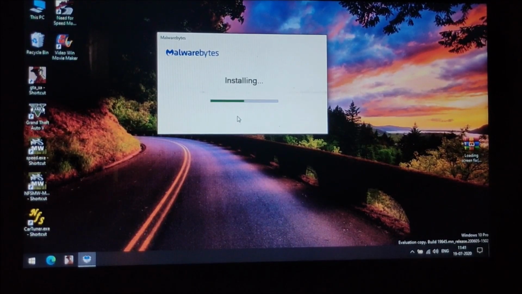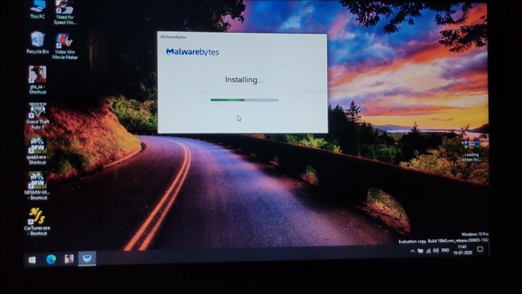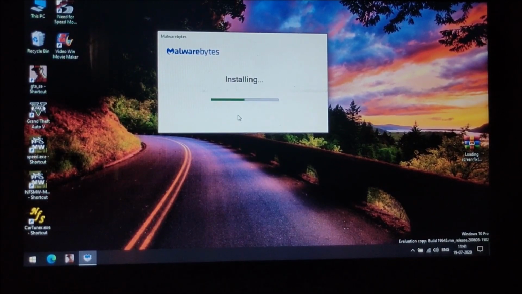An SSD, that is a solid state drive, is way faster than an HDD, that is a hard disk drive, but it is costlier also. That's why many people still prefer hard disk drives instead of SSDs, and you can see SSDs only in computers that are costlier in pricing.